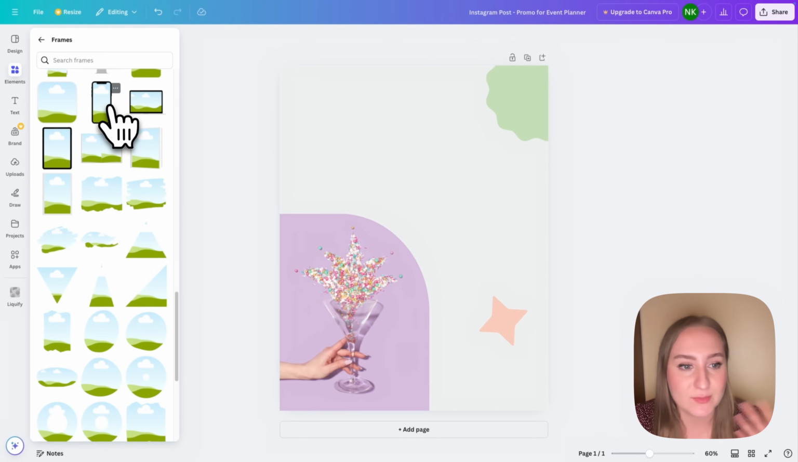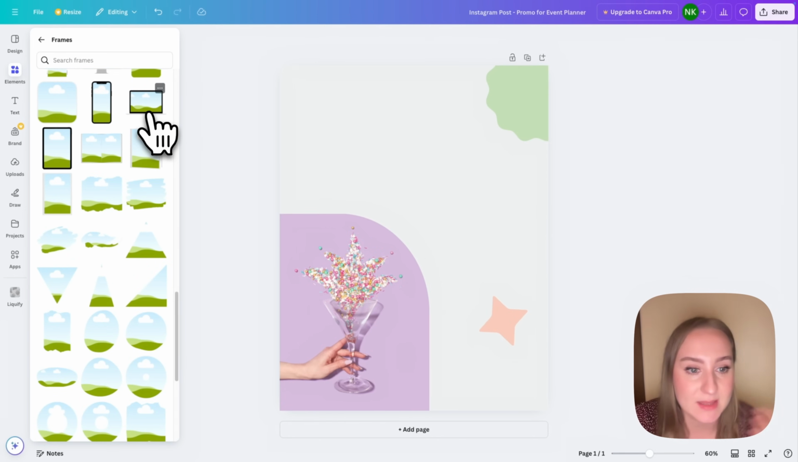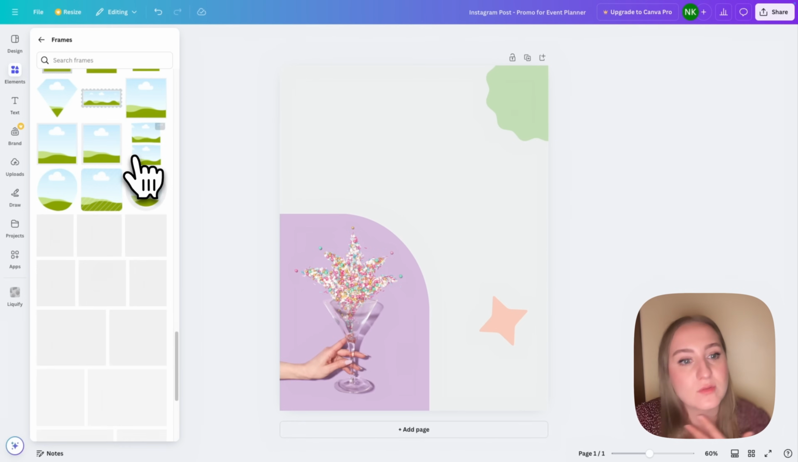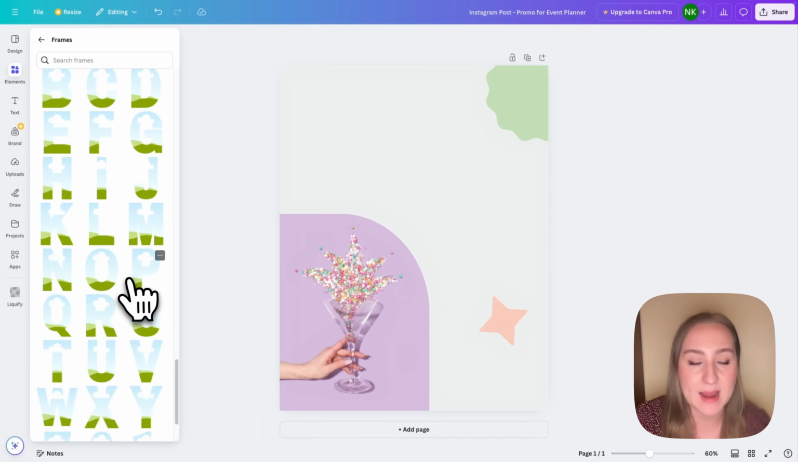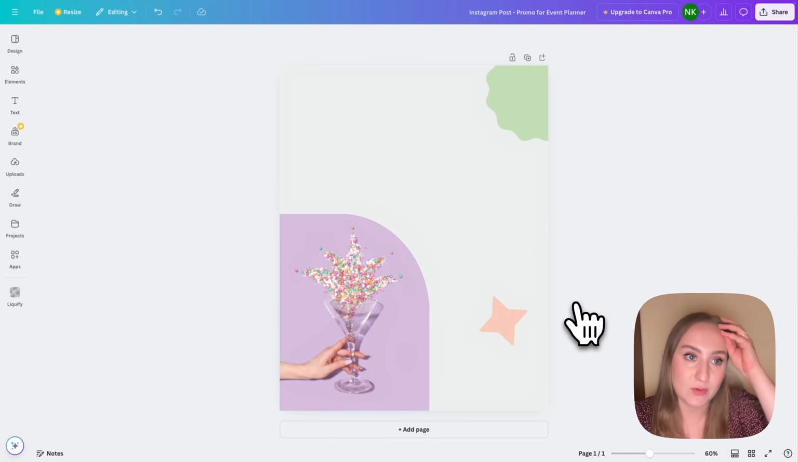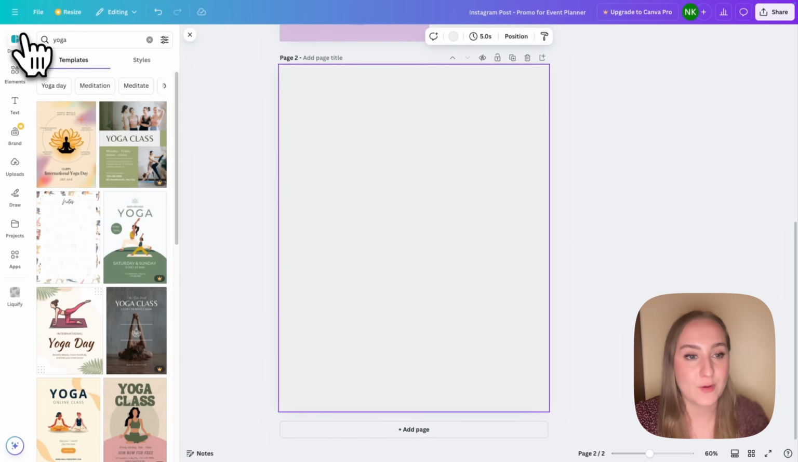You can see that there are devices in here. You can enter something into a laptop. You've got triangles. So many different options with different overlays. So play around with the different frames and know that sometimes when you use a design, for example, from the